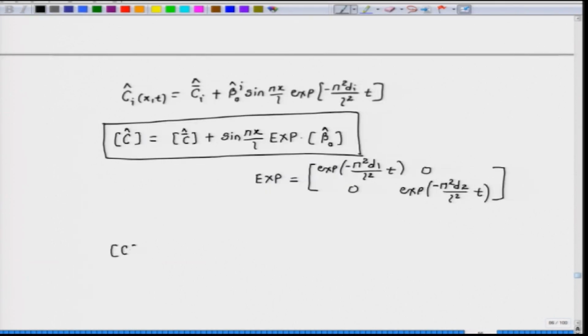So, we get C equal to C bar plus sin(pi x by L) times, again this would be P times exp, but if we insert P inverse times P in between, we get P times beta 0 cap, which should be equal to the matrix of beta 0. So, P times the matrix exp times P inverse times the matrix of beta 0,